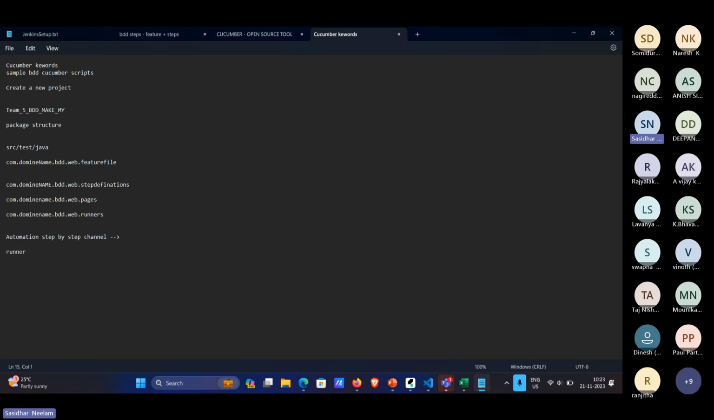Here you have to keep the feature files, and here you have to keep the step definitions. From this we can get knowledge of how we can maintain the files in these packages. First of all, create a